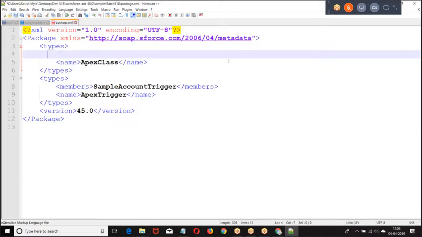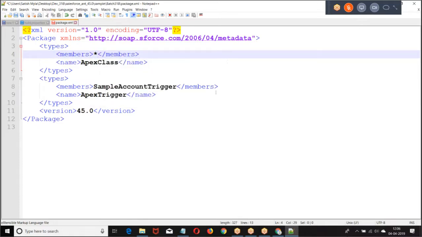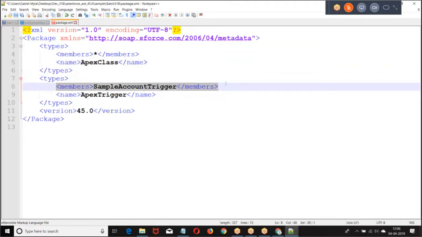So we have types, members, star. When I say star, fetch all the classes. What type of element is this? Apex class. Get me all the classes. Then I want to get all the triggers. Members, star.